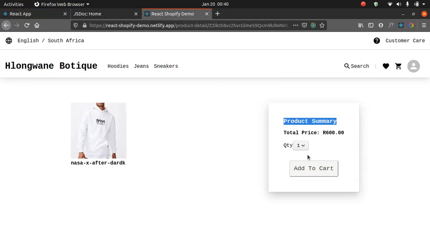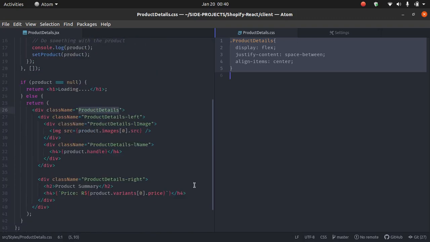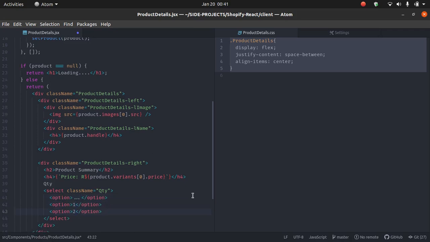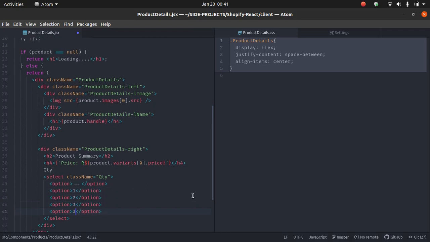So one thing that I'm missing is this QTY and button. So let's get that up. So say QTY, and then I bring in the select. It is weird why that thing was loading forever and not saving. So now I'll say class name QTY, and then bring in option, and then in the option we'll give it a dot dot dot, and then we'll say 1, 2, 3, 4. 4 should be fine, and then we'll give it a value